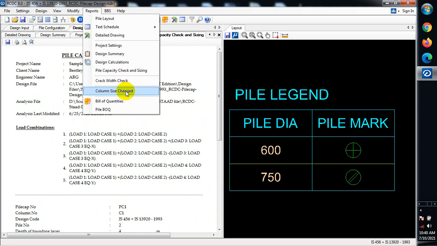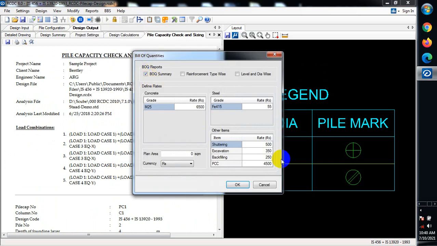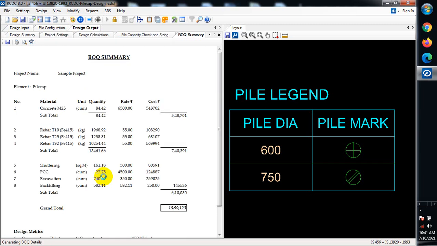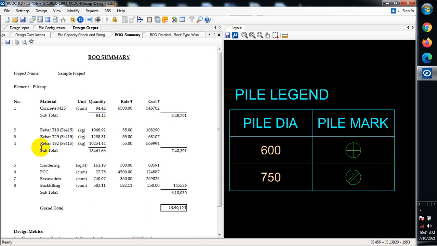Okay, you can check crack width, column size change, and the bill of quantity. You can view your reinforcement type-wise, and whatever you want to check, you just check on that and view it here. Good. Now you can see this is the bill of quantity for our Pilecap 1. You can see the bill of quantity, the rebar, reinforcement bar 10, this 25 here,